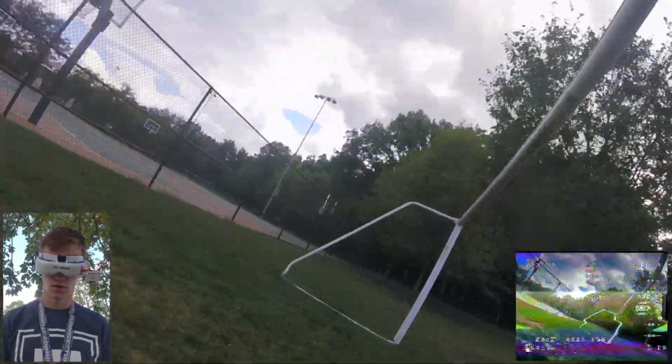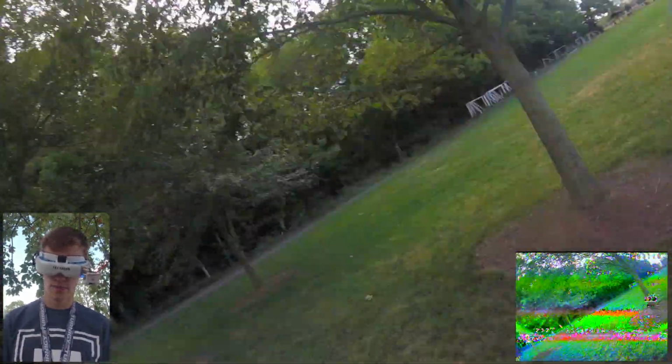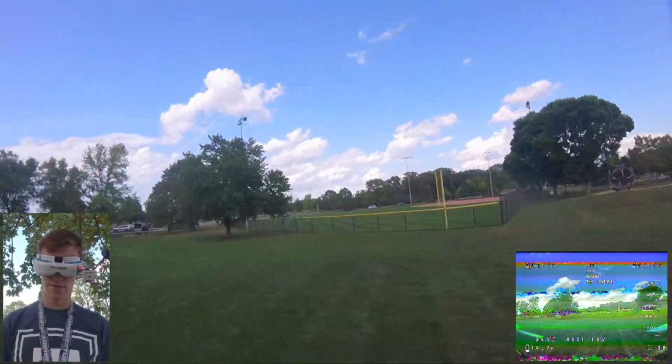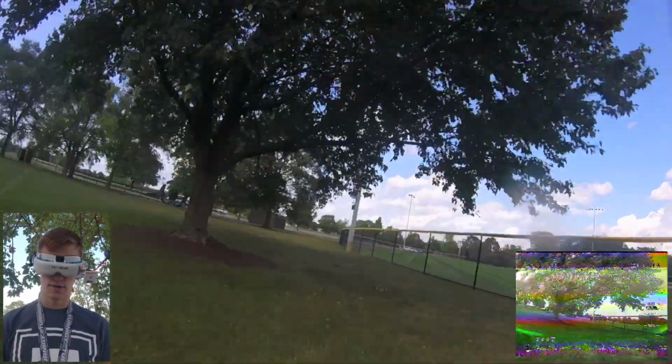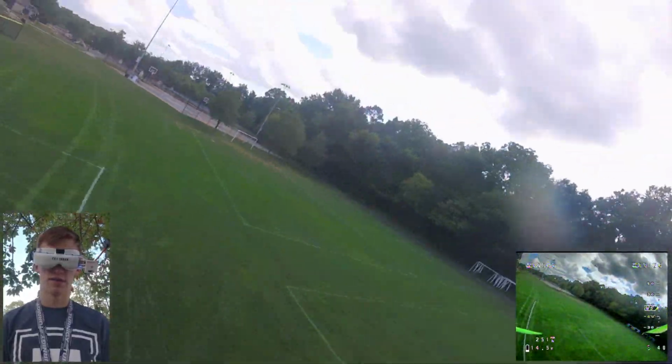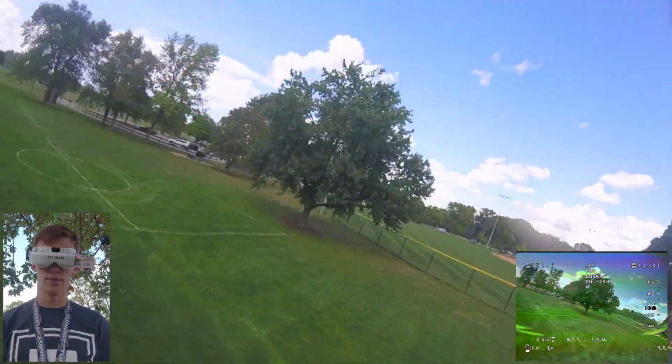Fly through the soccer goal. There we go. Yeah. We're way out there. Video is decent, I guess. I'm not running anything crazy on the power, probably like 200 milliwatts if I remember correctly. Haven't messed with these SmartAudio settings on this in a little bit, but